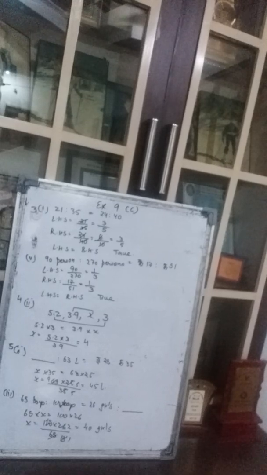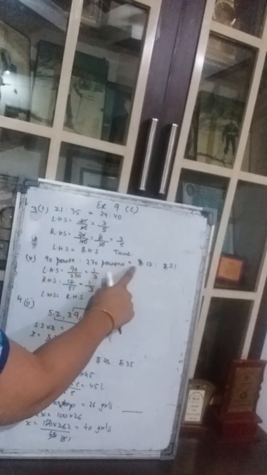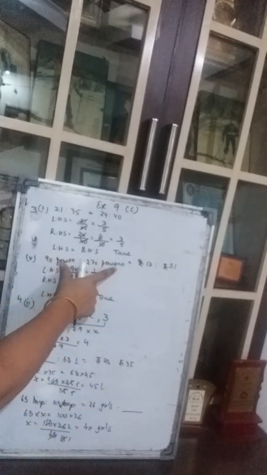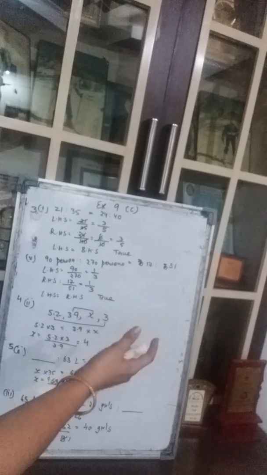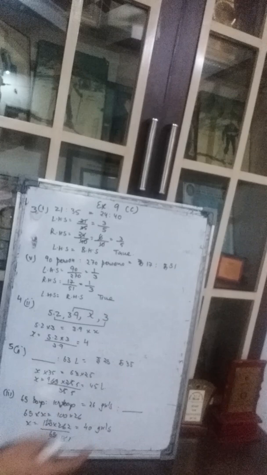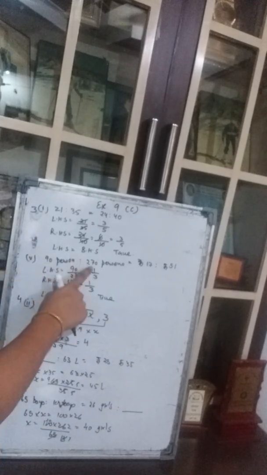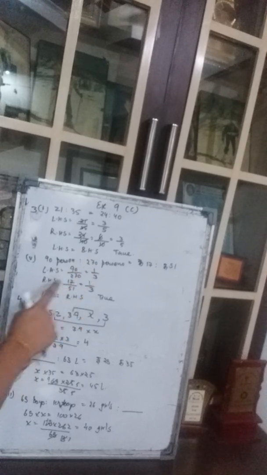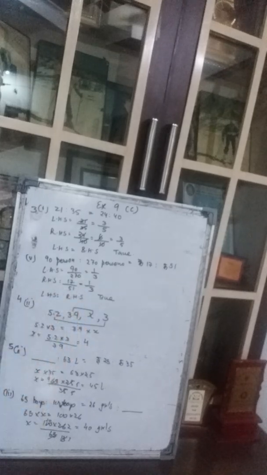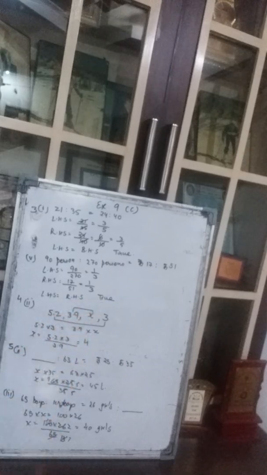Now let's do the fifth question. The fifth question says 90 ratio 270 persons is equal to rupees 17 ratio rupees 51. These two have to be in the same unit, and these two can be in a different unit, but together they have to be in the same unit. This cannot be rupee and this cannot be paisa. So again, the left hand side will be 90 upon 270, that gives you 1 upon 3, and the right hand side 17 upon 51 gives you 1 upon 3. So again the left hand side is equal to the right hand side, hence this statement is true.